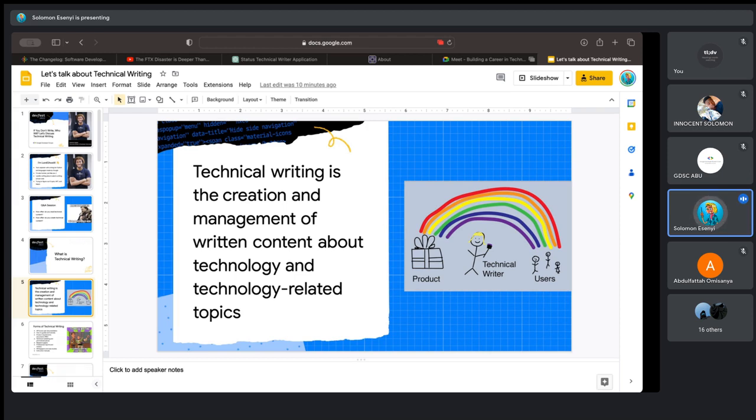When you go on Google, let's say you have a bug that you're trying to fix, and you search for the bug on Google, or you just search for a solution, and then you see an article on Medium, or on Hashnode or Dev.to or wherever, that article was written by a technical writer, and that's also a form of technical writing. So basically, technical writers serve as a bridge between the product and users of the product. They are the ones that teach the users how to use a particular product using written content.